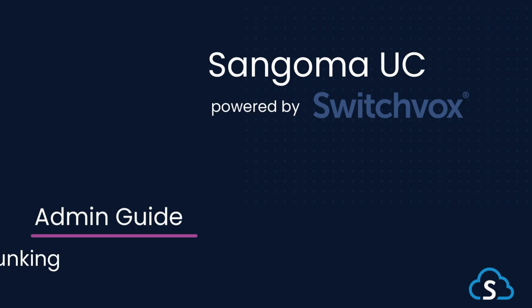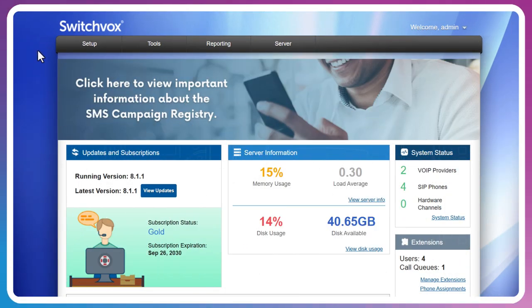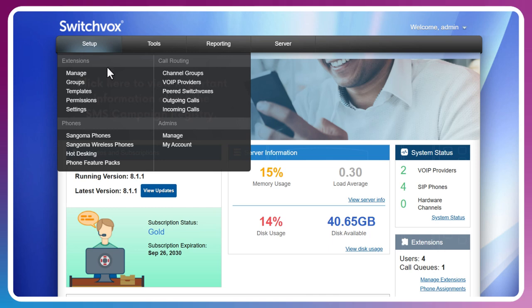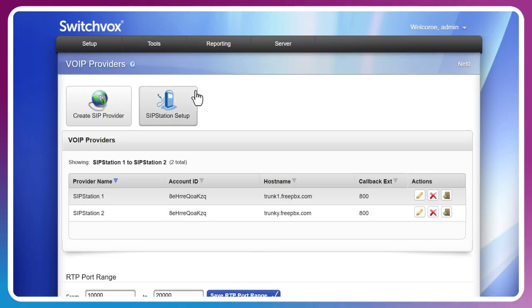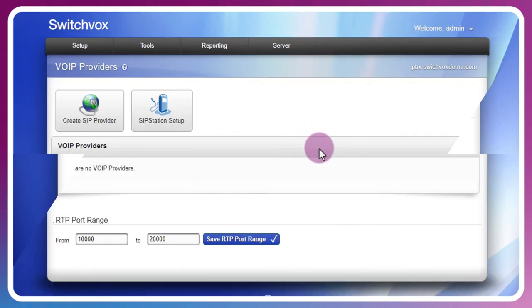A SIP trunk creates a connection from your switchbox to a VoIP provider or another SIP-enabled device using the SIP protocol in order to make it receive calls to the outside world. Under Setup, Call Routing, VoIP Providers, we can create a SIP provider that can be either an upstream carrier, a session border controller, or gateway that is managing our external SIP traffic, or another PBX that we want to peer to. In this example, we'll create a SIP provider connection to make it receive calls using SIPStation, Sangoma's SIP trunking